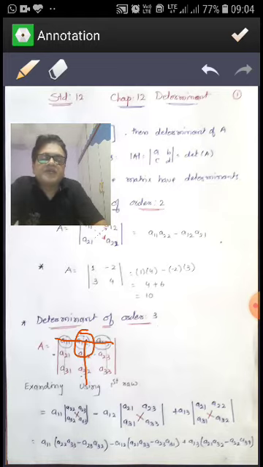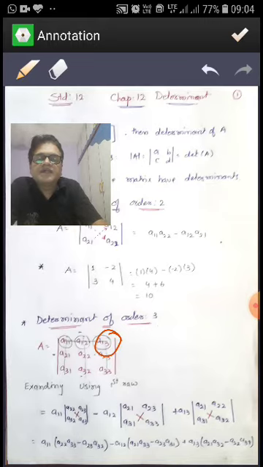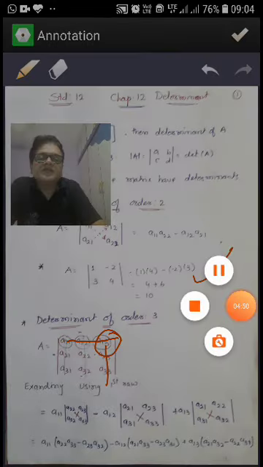Then take plus a13. See, first one is plus, second one is minus, third one is plus, for the elements of the first row. Okay, so take a13. Remove its row and column. What is remaining? a21, a22, a31, a32. Then we know how to find the value of a 2 cross 2 determinant, taking cross multiplication of principal and subsidiary diagonal as we have done here. So you can find the value of 3 cross 3 determinants.